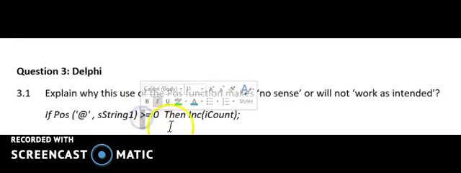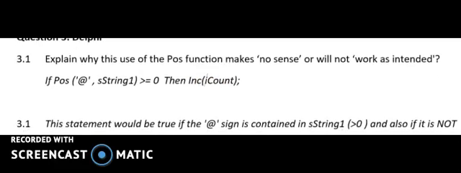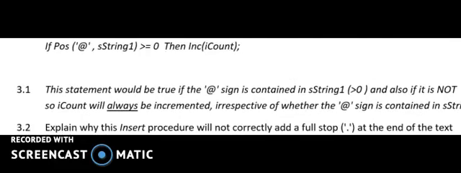But this count is going to be incremented no matter what, because what we're saying is, if it's equal to naught, in other words not found, increment the count, and if it's greater than naught, also increment the count. So it doesn't matter whether it was found or not found, you're always going to increment the count. So whatever was intended there is just absolutely not going to work. And perhaps the more model answer, closer to what we could expect there,